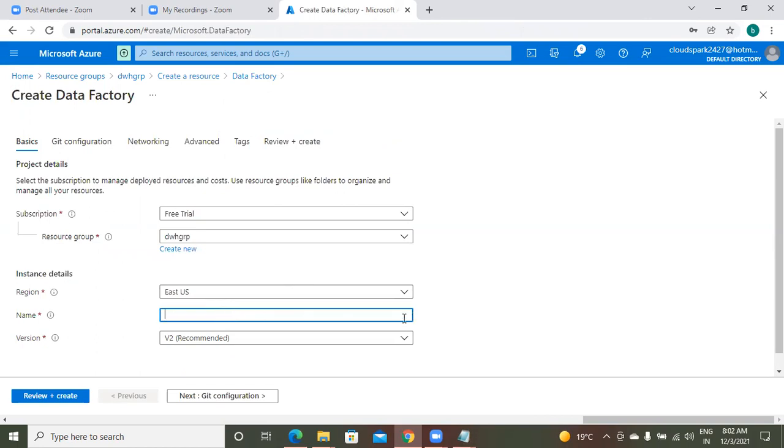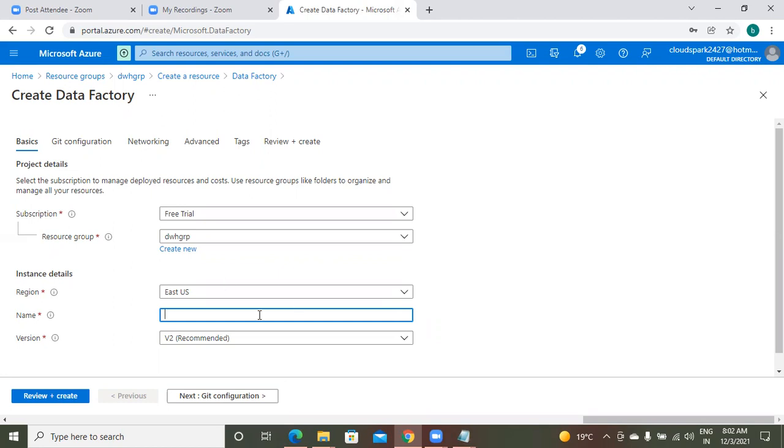Name of your ADF instance. Under one subscription, you can have multiple ADF instances. Why are multiple ADF instances used? Maybe for different projects, or maybe within the same project for different environments, like dev environment, test environment, pre-production environment, and production environment. In that way, you can create multiple ADF instances.